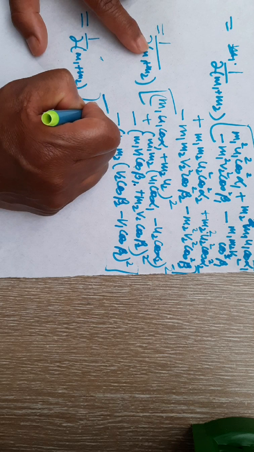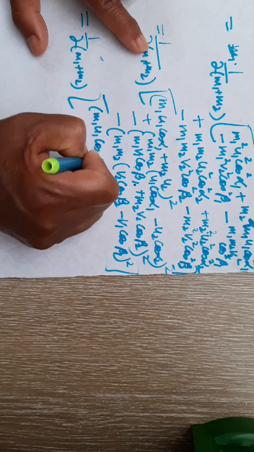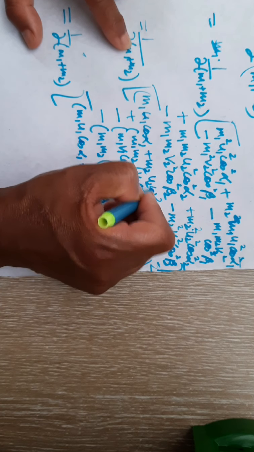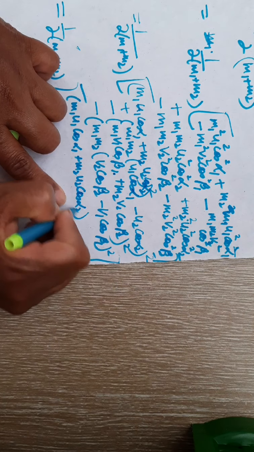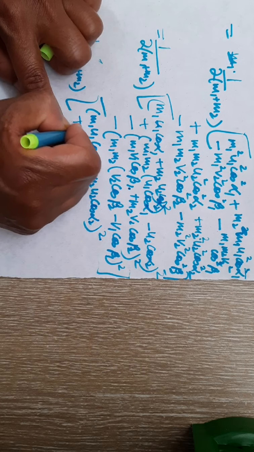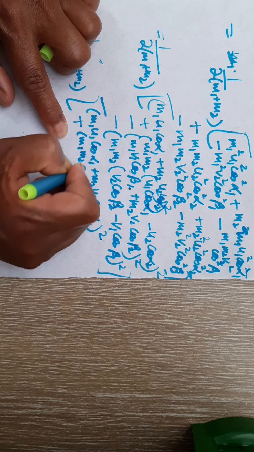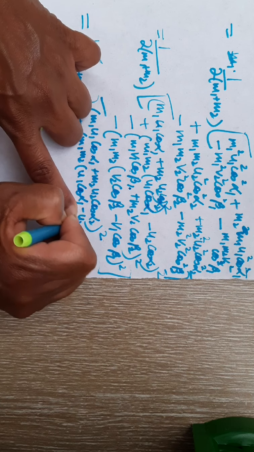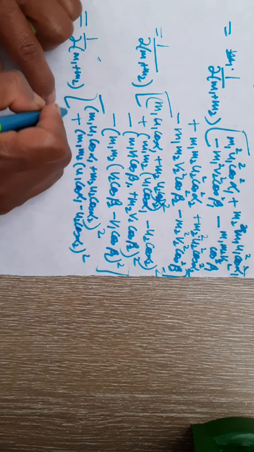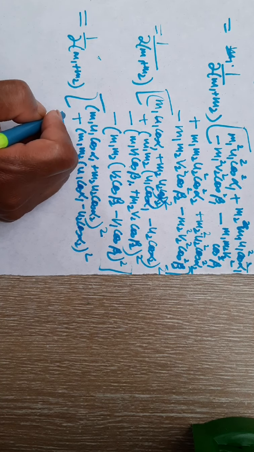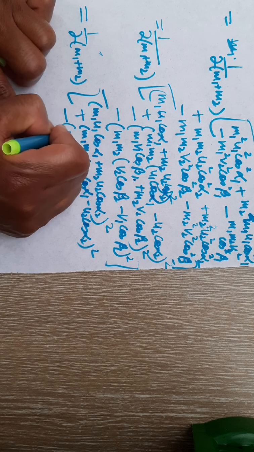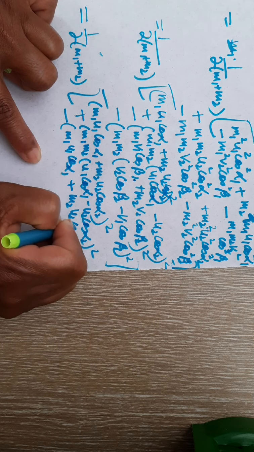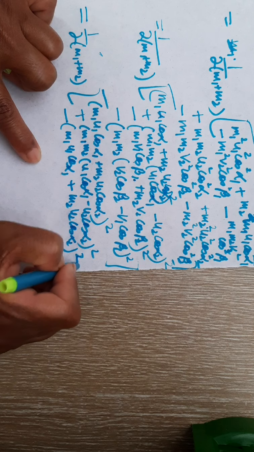The first term will remain as it is, m1 u1 cos alpha 1 plus m2 u2 cos alpha 2 the whole square, then plus m1 m2, this will also remain as u1 cos alpha 1 minus u2 cos alpha 2 the whole square, then minus, now in place of that third term you replace it by minus m1 u1 cos alpha 1 plus m2 u2 cos alpha 2 the whole square from equation 3,